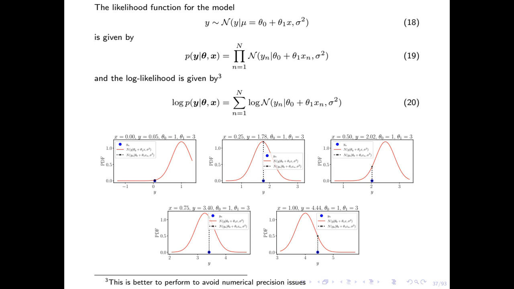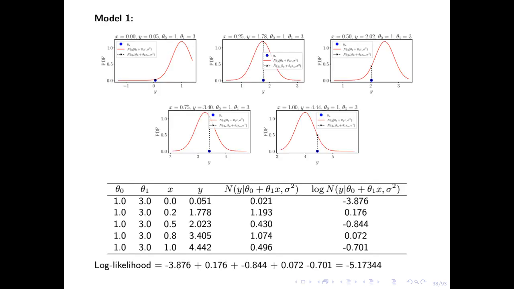The product makes sense because if I have a PDF and that PDF is 0 at the data point we're observing, then that model is not a good fit at all. If our model says this data point can never be seen, then this model is not a good fit, even though it might fit the other data points very well. So we calculate the product of the heights. If the height is 0, that whole product is 0. So that model is a poor fit. So we need a model that can fit all of the data as well as possible. Not perfectly well, because then it leads to overfitting, but as good as we can. Okay, so